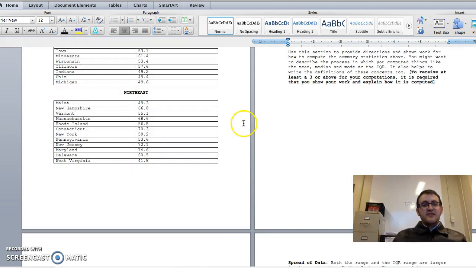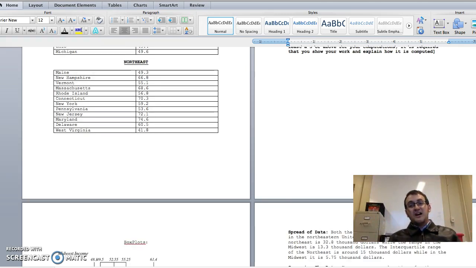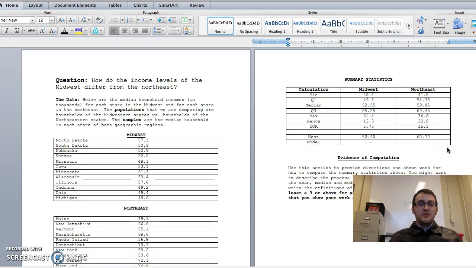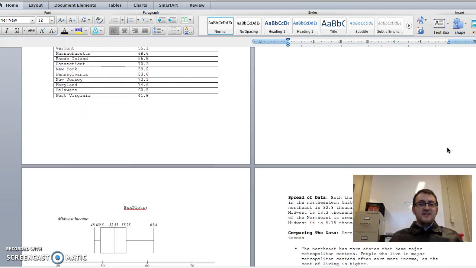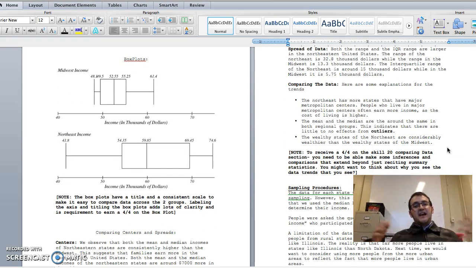We can see in the Northeast that we have maybe an outlier on the high end and the low end, so it balances out a little bit. But after you've computed the raw data, that is set in stone. There's a correct versus incorrect answer. When you get down to the section where you're interpreting the data after you're comparing, this is where you can have some personal insight.